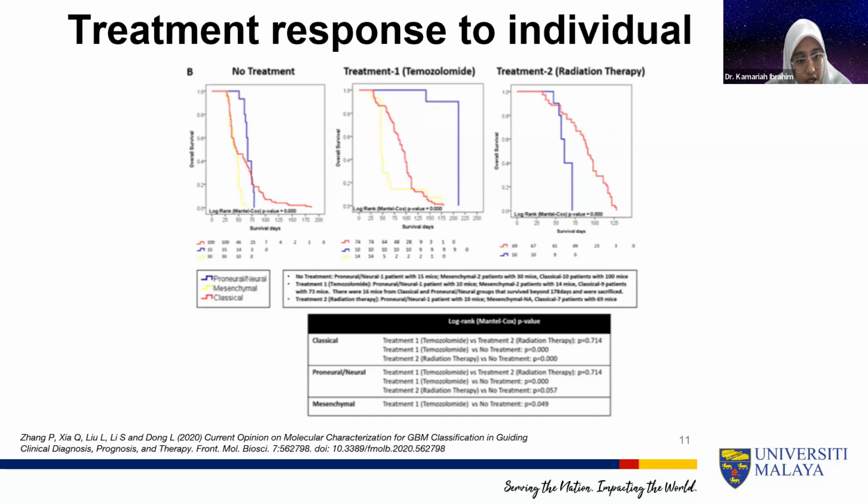So, for example, here, a recent study by Zhang et al. tried to look at whether utilizing these different classifications based on classical, proneural, and mesenchymal,